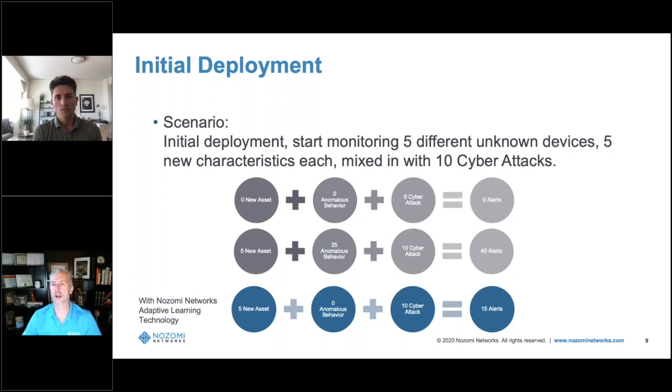Let's say that it has 5 different devices that we want to deploy. It's going to be like a camera and a robot and whatever, 5 different things. Each one does 5 things, so that's 5 characteristics each. And then there's 10 cyber attacks already happening on that network, maybe a couple pieces of malware and something else going on. So when you deploy a product and you're starting to do a tuning, there's